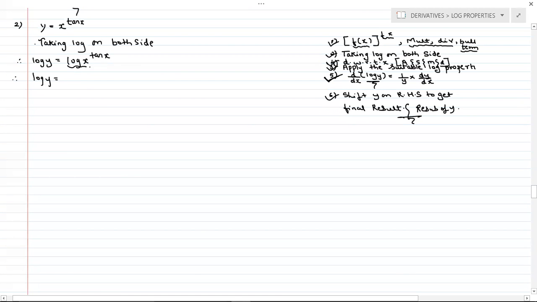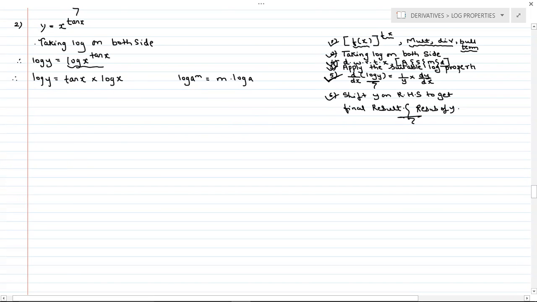Clearly we can see that this looks like log a raised to m, which we can write as m into log a. And see to it that in the board exam also you have to mention the properties and formulas. Whatever property or formula you use for that particular sum, as the reason you have to mention it on the right hand side, as we used to do in 10th standard, 9th standard in algebra and geometry. So here clearly the power will come down, then into log x. Done with the second step.